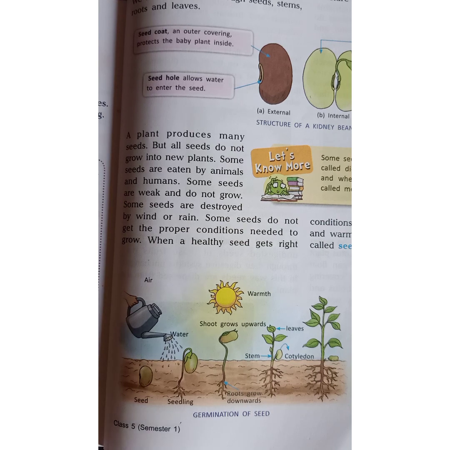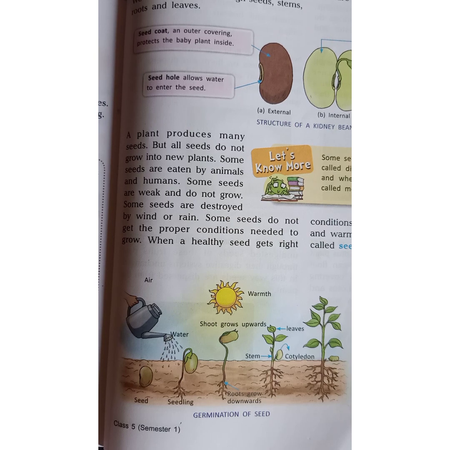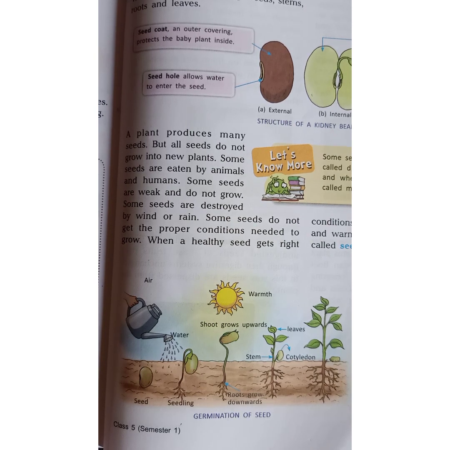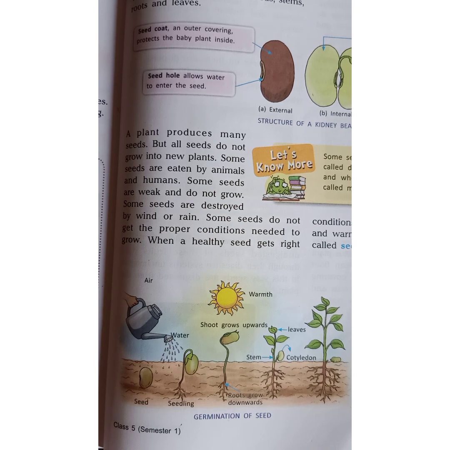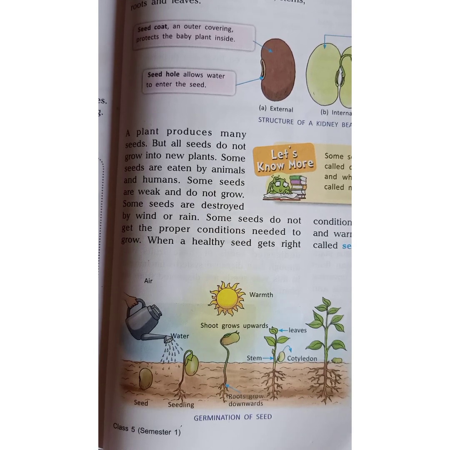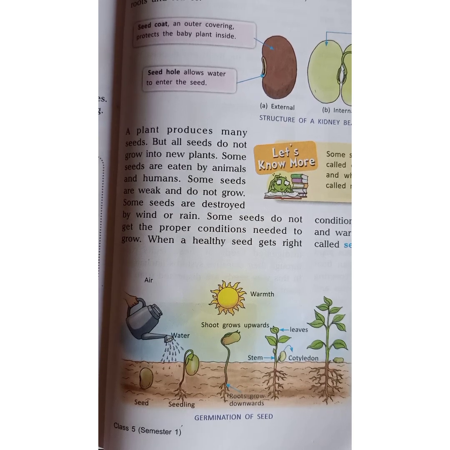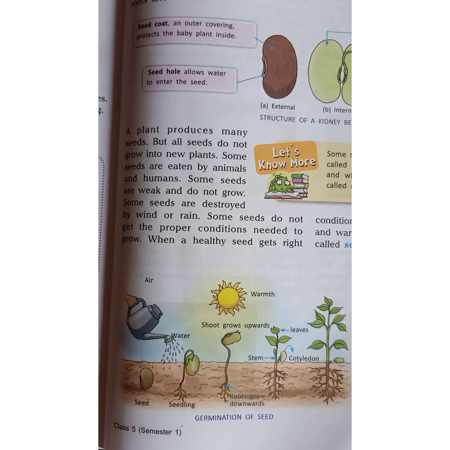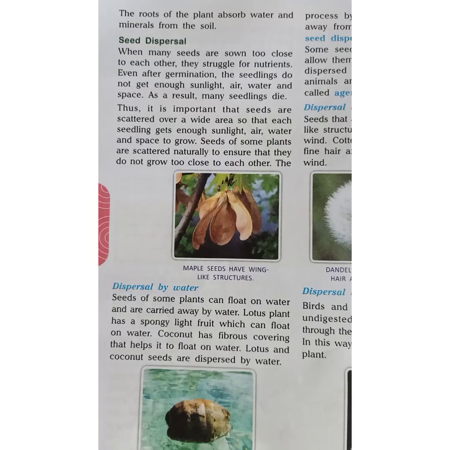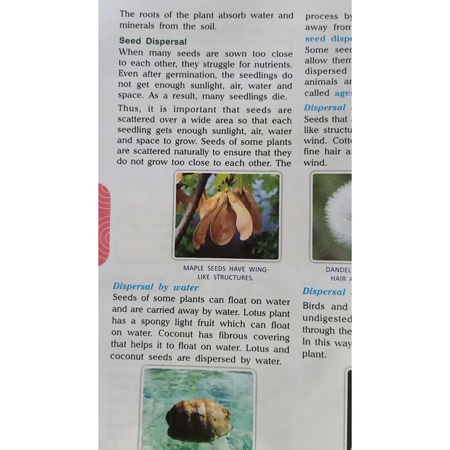Here you must also be aware that the cotyledons, which store food, shrink and fall off as the food stored in them has been used by the seedling. Okay, and the seedling grows in size and develops leaves, and these leaves now prepare food for the plant by the process called photosynthesis. The roots absorb the water and minerals, as I have shown you in the germination of seed only.